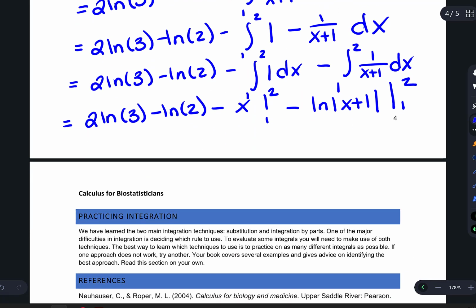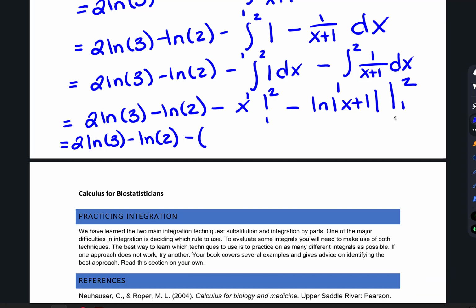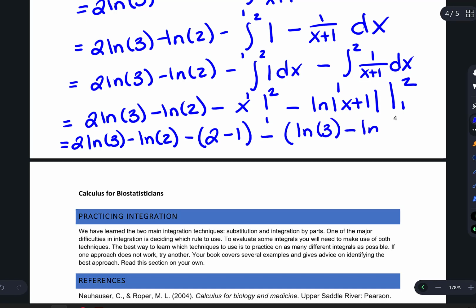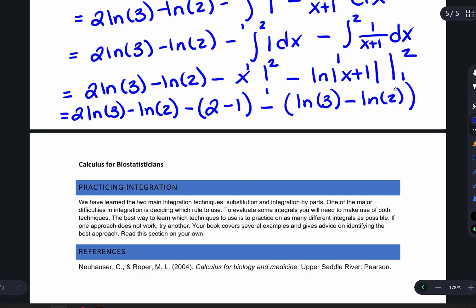So now, doing the evaluation, we've got 2 natural log of 3 minus the natural log of 2. We're going to subtract off x evaluated from 2 to 1. Well, that's the same thing as minus 2 minus 1. And then we're going to subtract off this log evaluated at 2. So that's just the natural log of 3 minus the natural log of 2. And so combining all of our terms here,